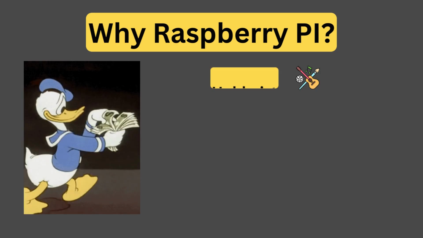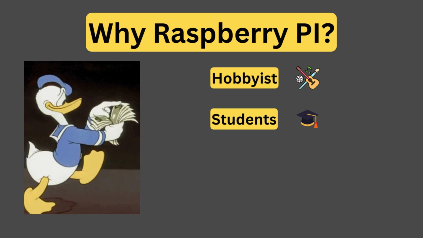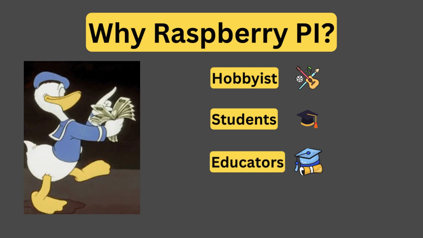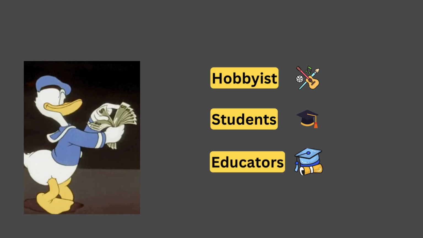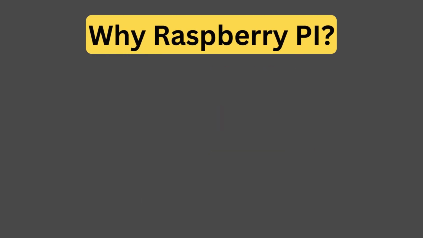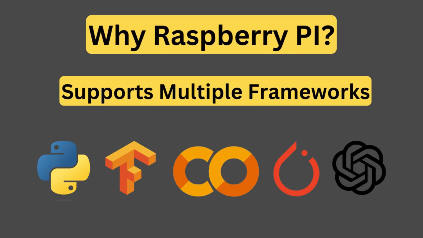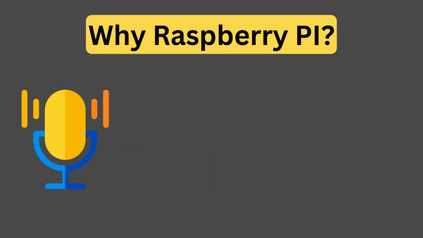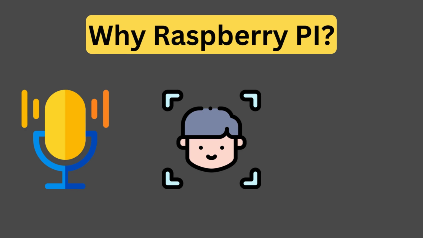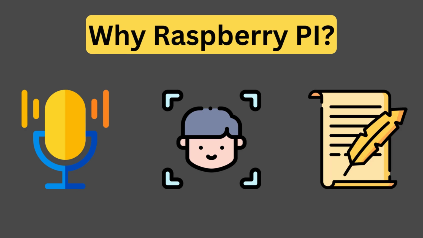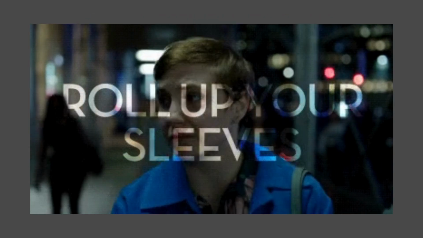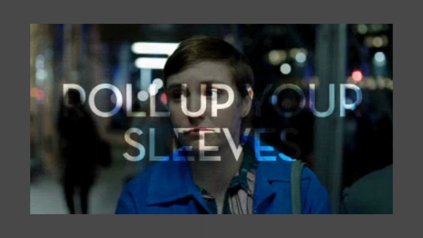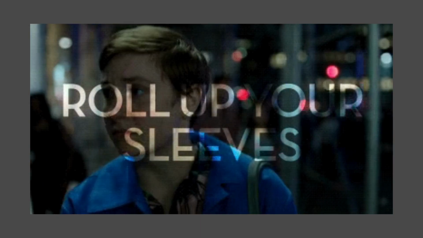This makes it accessible to hobbyists, educators, and students alike, lowering the barrier to entering the fascinating world of artificial intelligence. Moreover, the Raspberry Pi supports a range of programming languages and AI frameworks. This flexibility is invaluable whether you are building a voice control gadget, a face recognition system, or an AI that writes poetry. Now that you know why Raspberry Pi 4B, let's roll up your sleeves and start setting up TinyLlama